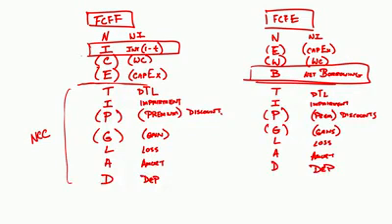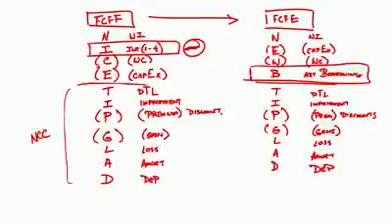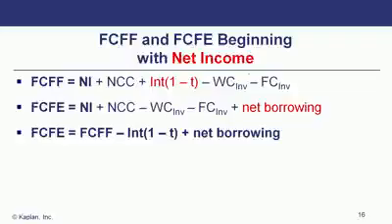So if I'm going to go from free cash flow to the firm to free cash flow to equity, what I'm going to do is subtract out, because I added back interest times 1 minus the tax rate, I'm going to go ahead and take this out. Subtract this out, so that it equates to what we have on the other side, and I'm going to add net borrowing because the left side, free cash flow to the firm, doesn't have that number. And that's how I arrive from free cash flow to the firm to free cash flow to equity. All right. Let's go over here.